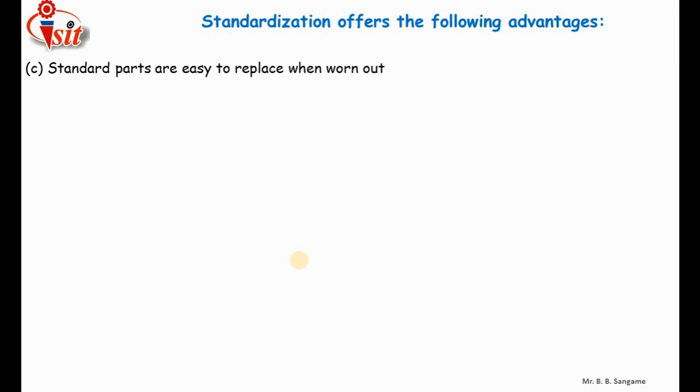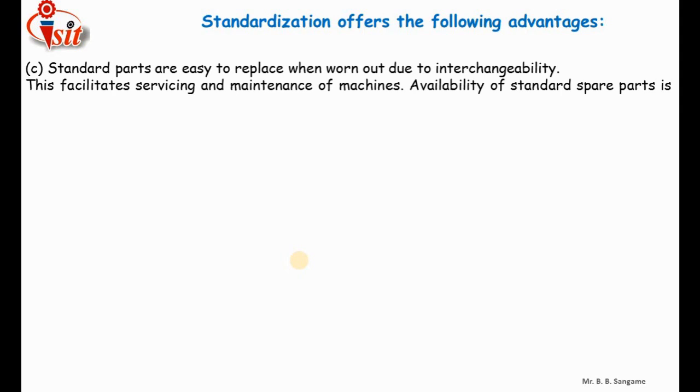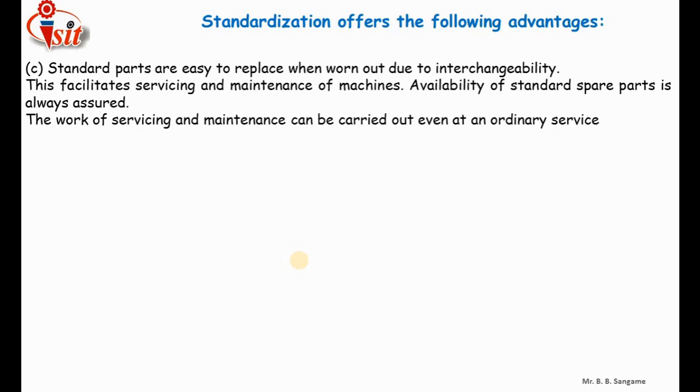Standard parts are easy to replace when worn out due to interchangeability. Because of the interchangeability rule, we can use any standard component. Like, we can use any bolt of any manufacturer. It doesn't matter who manufactured that particular nut and bolt, but whatever the pitch size we need, we can select the standard size bolt like M10, M12. Because of interchangeability, it becomes easier to pick the required component from the market, which we are going to replace after the wear out of that component.